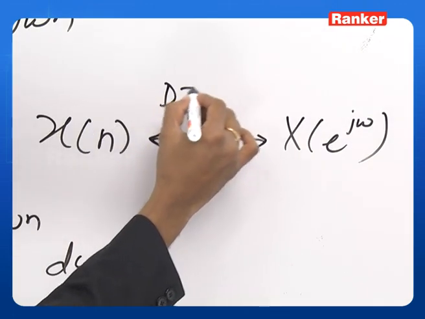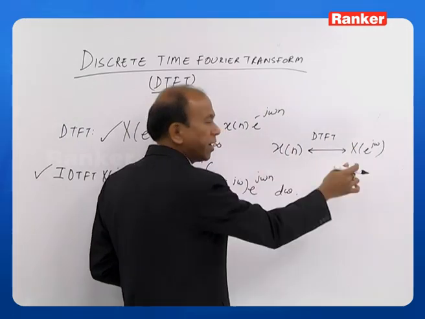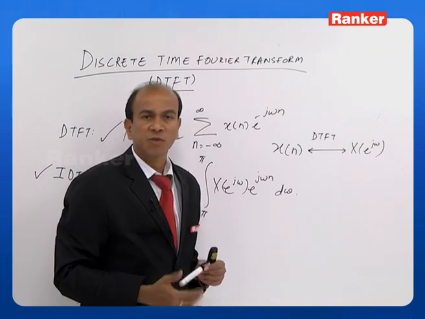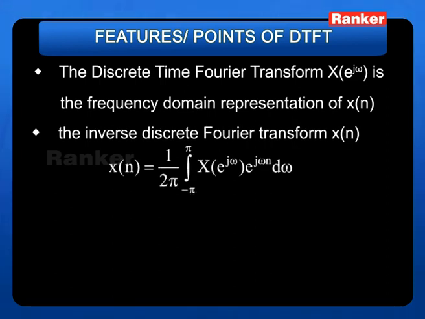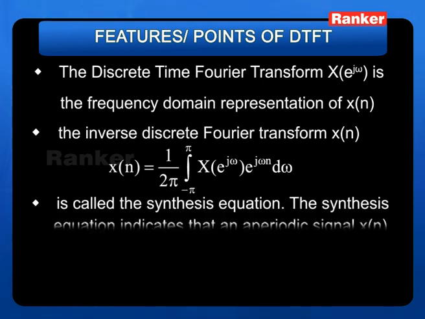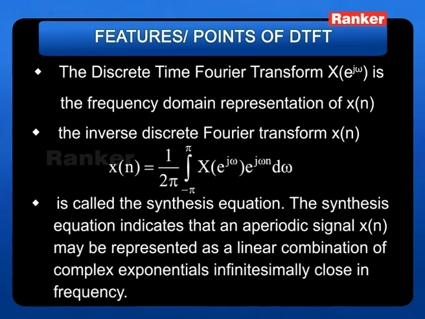So, these two form a discrete time Fourier transform pair. The discrete time Fourier transform X of e to the power of j omega is the frequency domain representation of x of n, and the inverse discrete time Fourier transform x of n, given by 1 by 2 pi integral from minus pi to plus pi X of e to the power of j omega, e to the power of j omega n, d omega, is called the synthesis equation. The synthesis equation indicates that an aperiodic signal x of n may be represented as a linear combination of complex exponentials